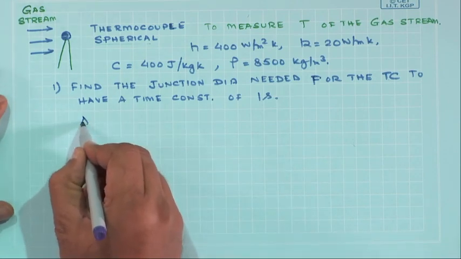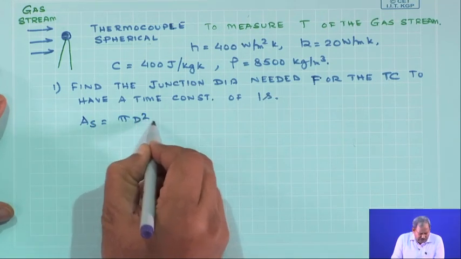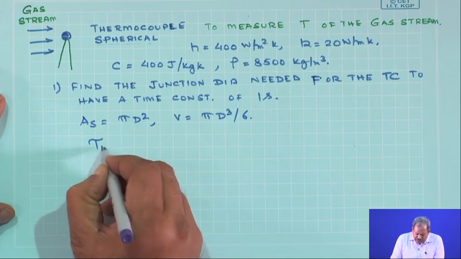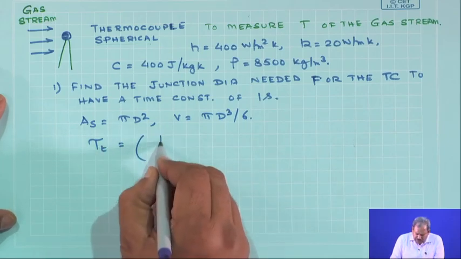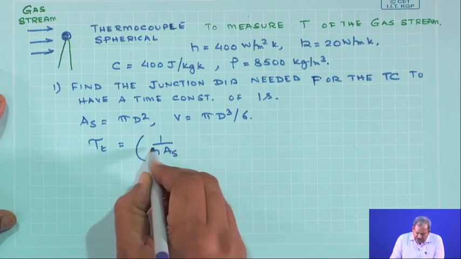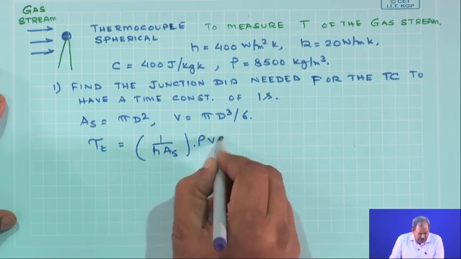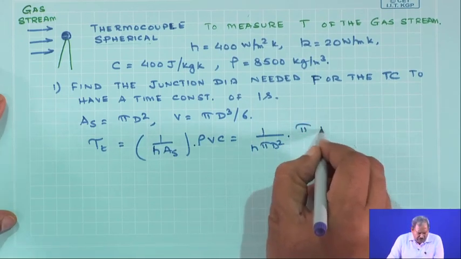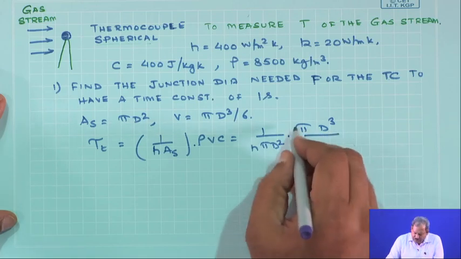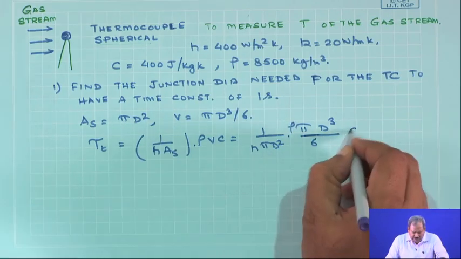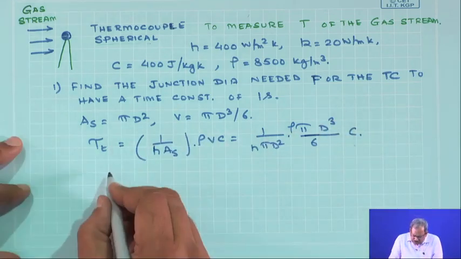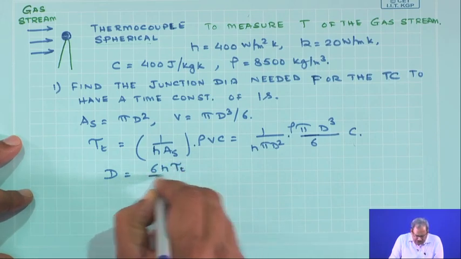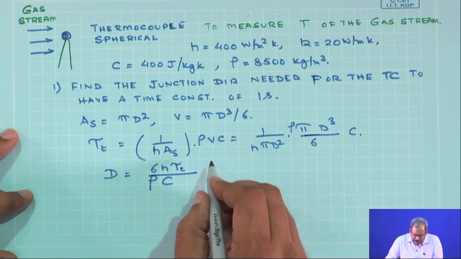The surface area is simply going to be pi d square, and the volume is going to be pi d cube by 6. So, tau t, the thermal constant of the process, as we have derived before, is 1 by H A S times rho V C, equal to 1 by H, pi d square times, rho pi d cube by 6 times C. So, the diameter of the thermocouple junction would be 6 H, the thermal constant, by rho, the density, and the specific